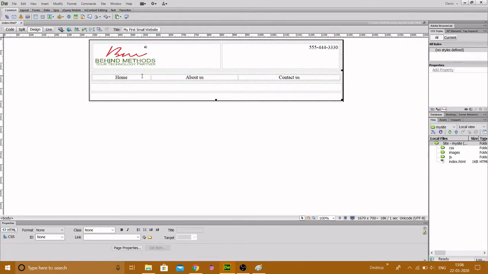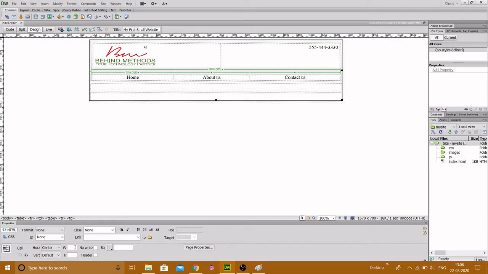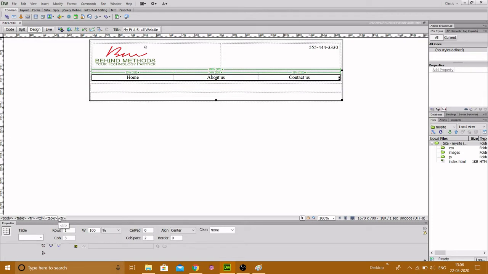So everything is centered, but these should be the same width. So 33% width is 33%, and this one I can have width 34%, and this one again 33%. 33, 34 and 33 makes 100. My table is 100% in width, and I can also select this entire TR or the table as well, but